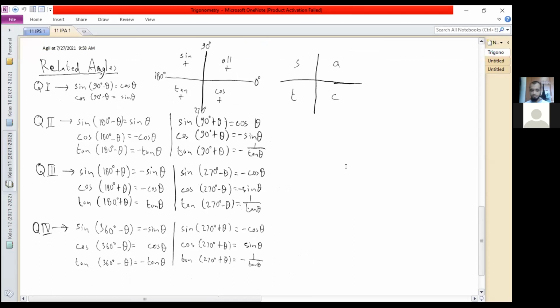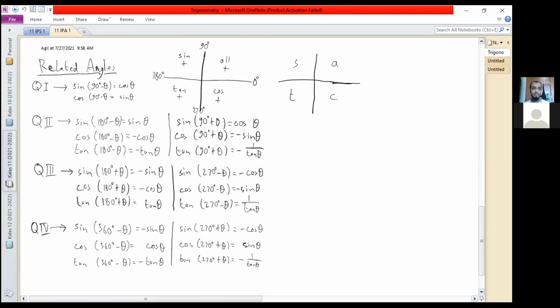Okay, so let me give you some example. So if we want to check or find the value, let's say for